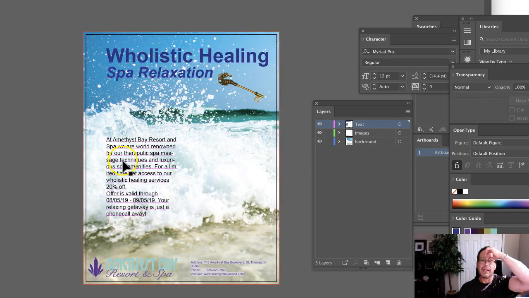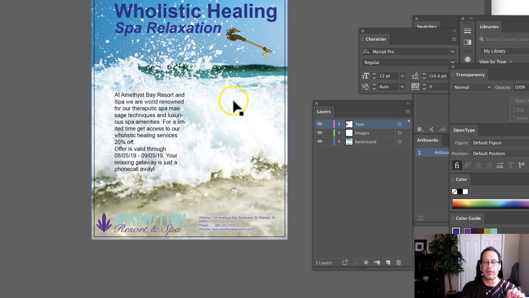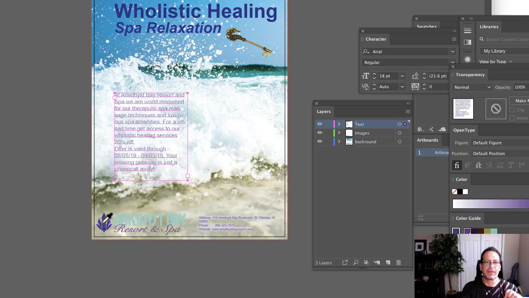Okay, looking really great. Now, at this point, I would add a little space here between your paragraphs, and also consider the color of your type. If you don't want to go with that amethyst bay purple for the type,